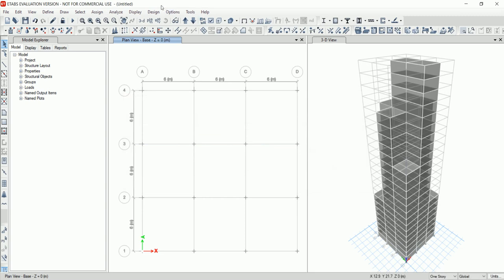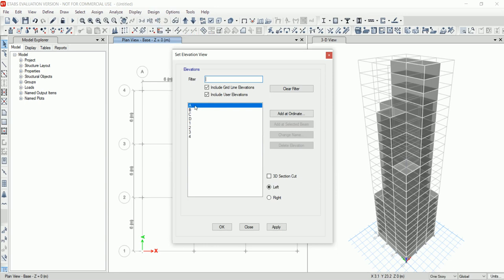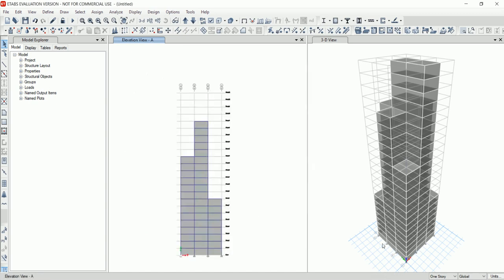Now go to elevation view. Then click on A. After selecting A, click on OK. Now change the option to all stories.